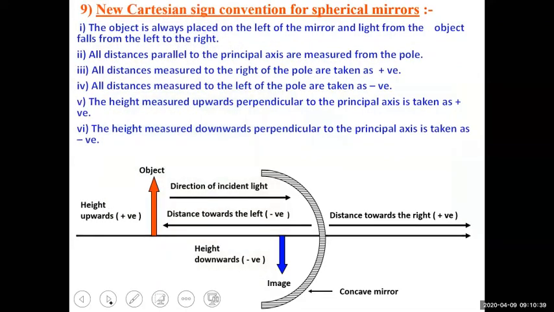Okay, and then Cartesian rules, already you know, for the lens we have already done. So this is what we have seen. These are the 5 rules we are using. Actually, this one and this one is in NCERT. That is so, but I've taken separately just to tell you. This positive and negative, these two can be combined.